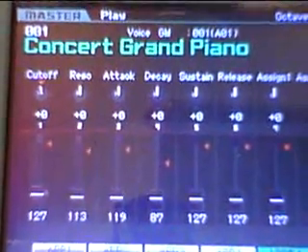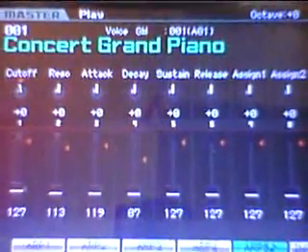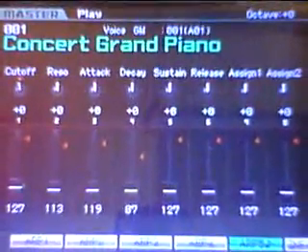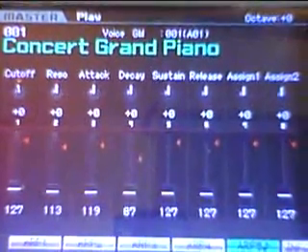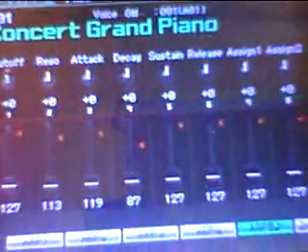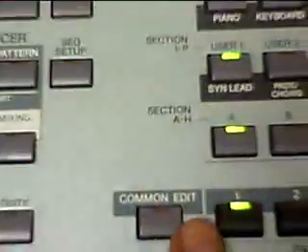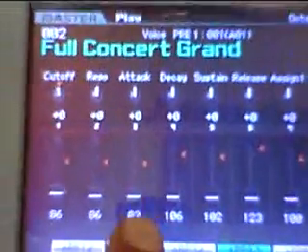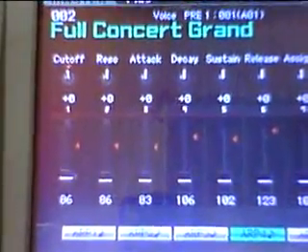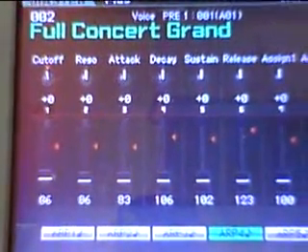Now say, for instance, the next song I'm going to play is going to be a song or a pattern on the next tune I'm going to do, and we're running a production track or whatever. Then I can go here to number 2, because this is A1. I go to number 2 in the master list, and of course that has full concert grand piano on number 2 as well. What I want to do is change that to a song. So what I can do is come here to where it says edit,